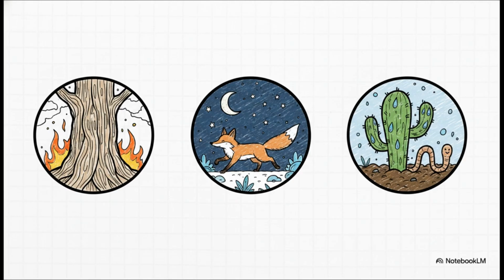We have structural adaptations, like incredibly thick bark to survive wild forest fires, behavioral adaptations, like nocturnal shifts to completely avoid the blistering daytime heat, and physiological adaptations, like cacti storing water, or the highly specialized respiration of earthworms. Get this, earthworms actually require moist soil just to breathe. Because of this internal requirement, their presence serves as a critical diagnostic metric for the subterranean health of an entire